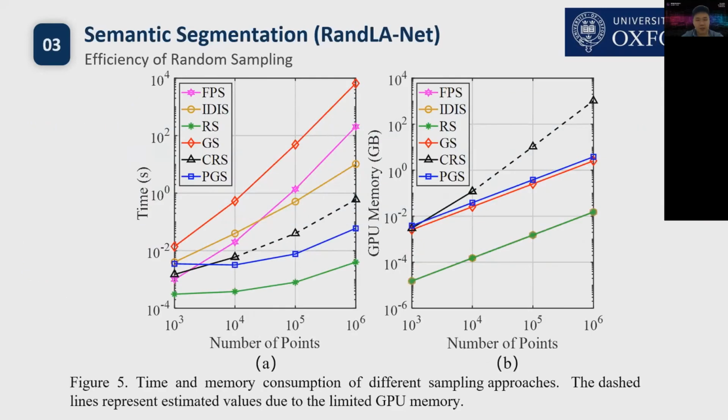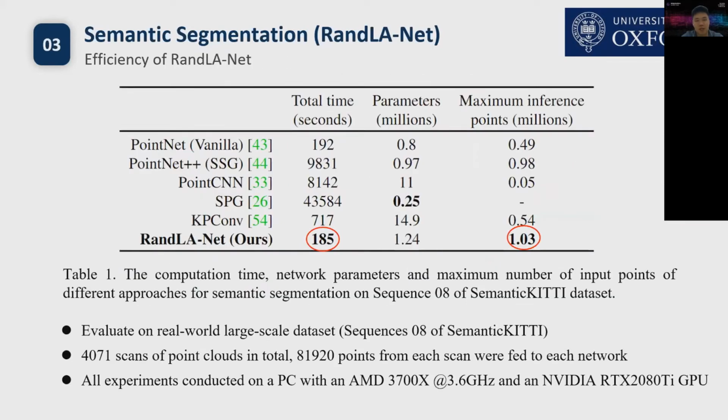For the experiments, we first evaluate the efficiency of random sampling, and we found that by increasing the number of points from 1,000 to 1 million points, random sampling always keeps superior time efficiency and memory efficiency. And here is the result of our RandLA-Net on the SemanticKITTI dataset. We found that it takes less than 200 seconds to process the whole sequence of the SemanticKITTI dataset. It is like 4,000 scans,